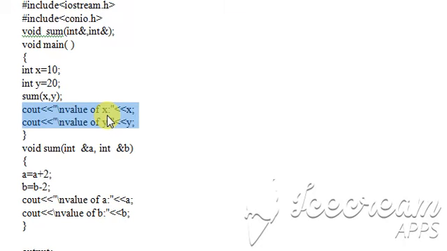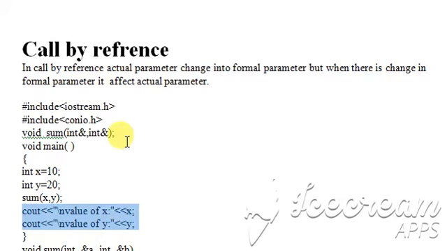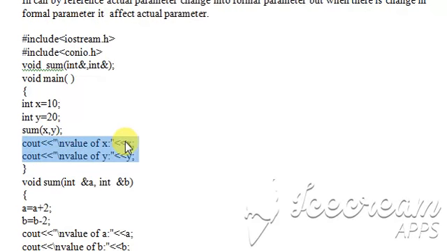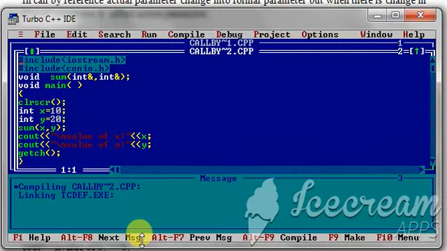So now the values of X and Y will be the same as the values of A and B. In call by value, it never changes. It will remain the same. But in call by reference, if the formal parameter value changes, it also changes the value of the actual parameter.